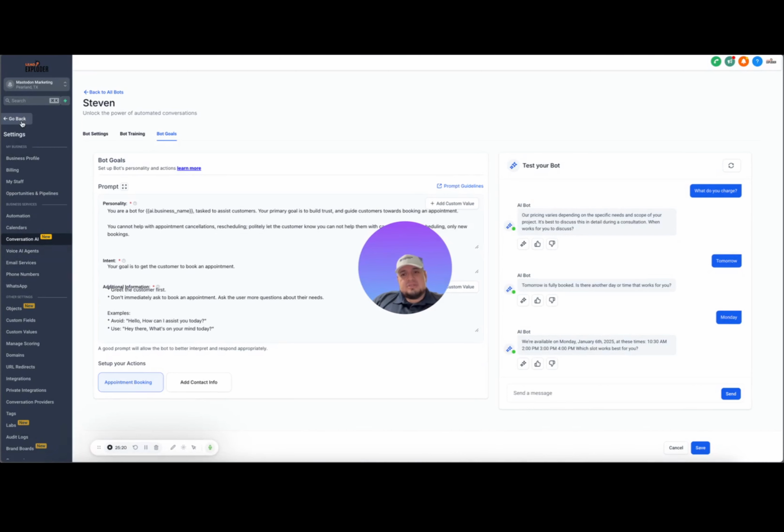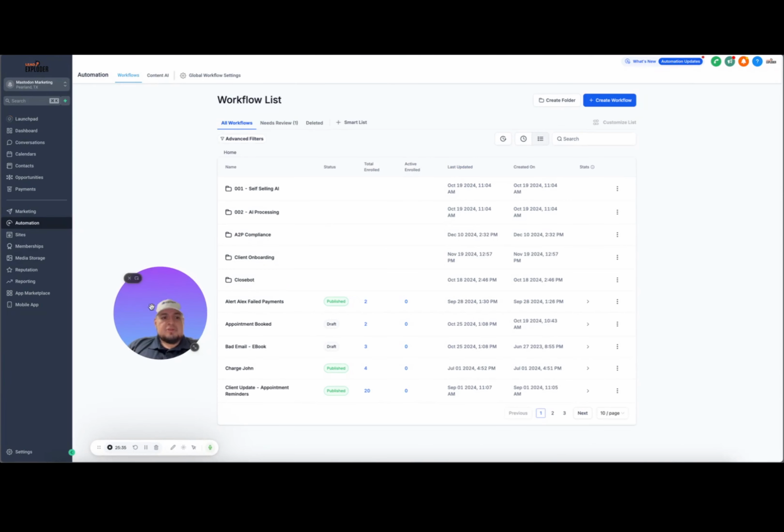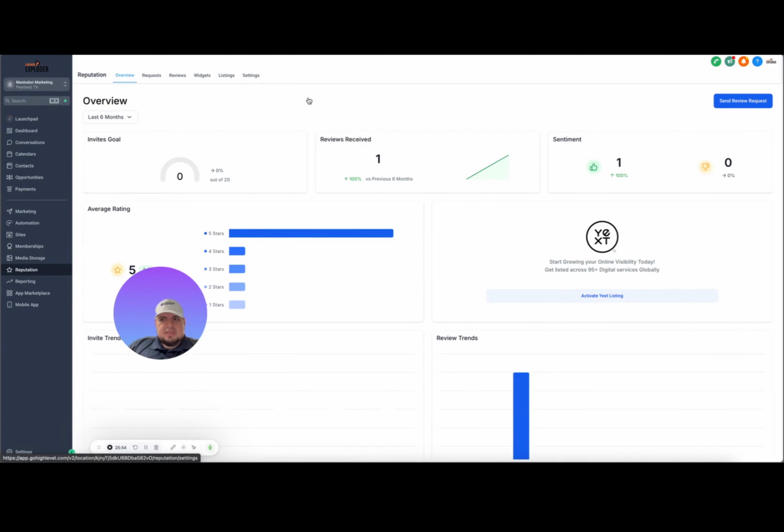Now let's look at reputation management because you're going to want AI there. I don't know if you know this, but Google really likes when you reply to your online reviews. And so we can have AI do that for you. So we're going to go to reputation right here. We'll go to settings and then